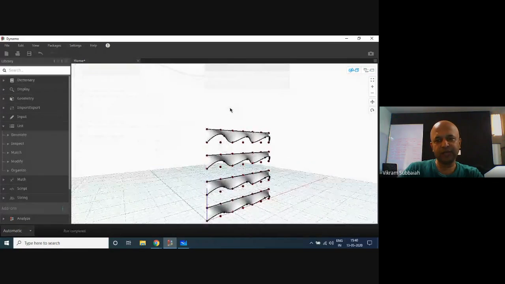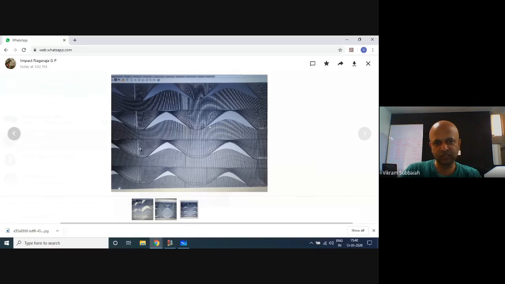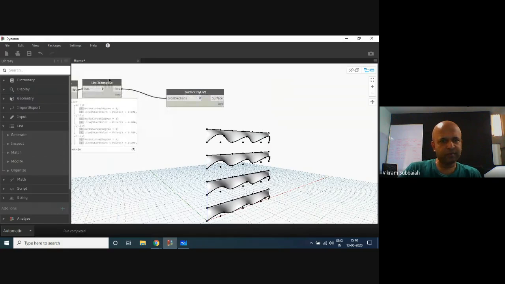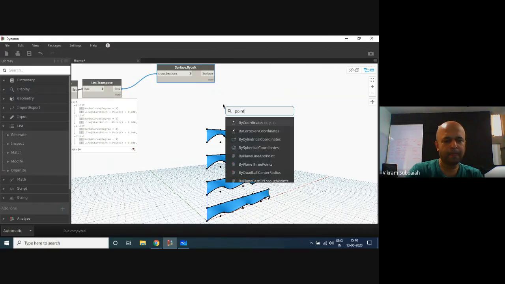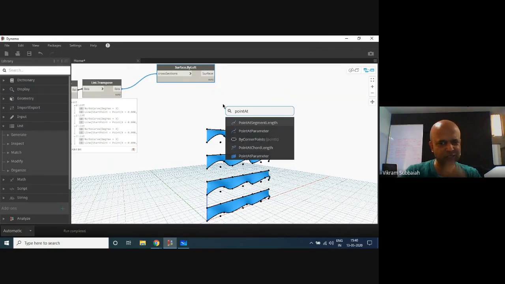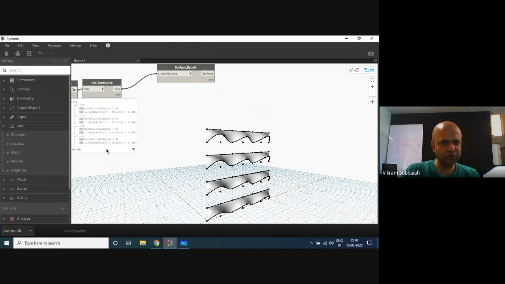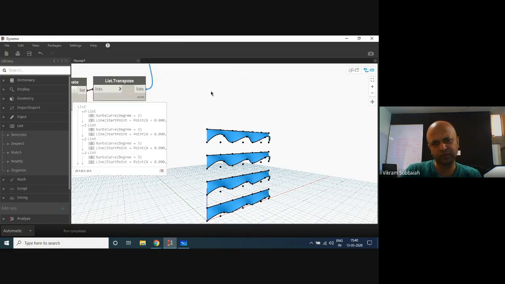Now the other thing that you can do for this, if you want to get what Rupesh had done on his design, is these kind of members, right? Now that one, I think we've already done this, right? From these two lines that we've got, we said point at parameter. Yeah, we did that, and we created the solids and things like that, right? So we have to divide. Correct. So you got two lines. We did that for two lines. I think we didn't do it for the entire thing. So we'll do it for the entire thing if you want now.